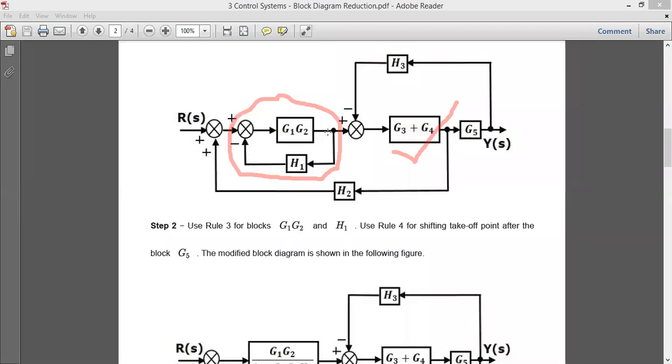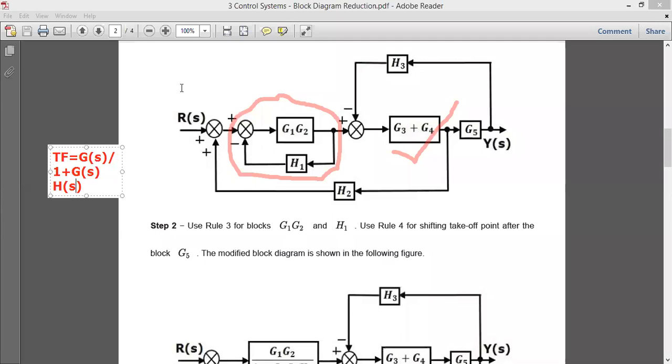I repeat, to write the equation for a standard transfer function, I should have one block of G, one block of H, one summing point and one takeoff point. If you have this minimum, then you can write the transfer function. I will just show you how to write. The transfer function TF is equal to G(s) divided by 1 plus G(s) multiplied by H(s). You have to write it like this, in this fashion.